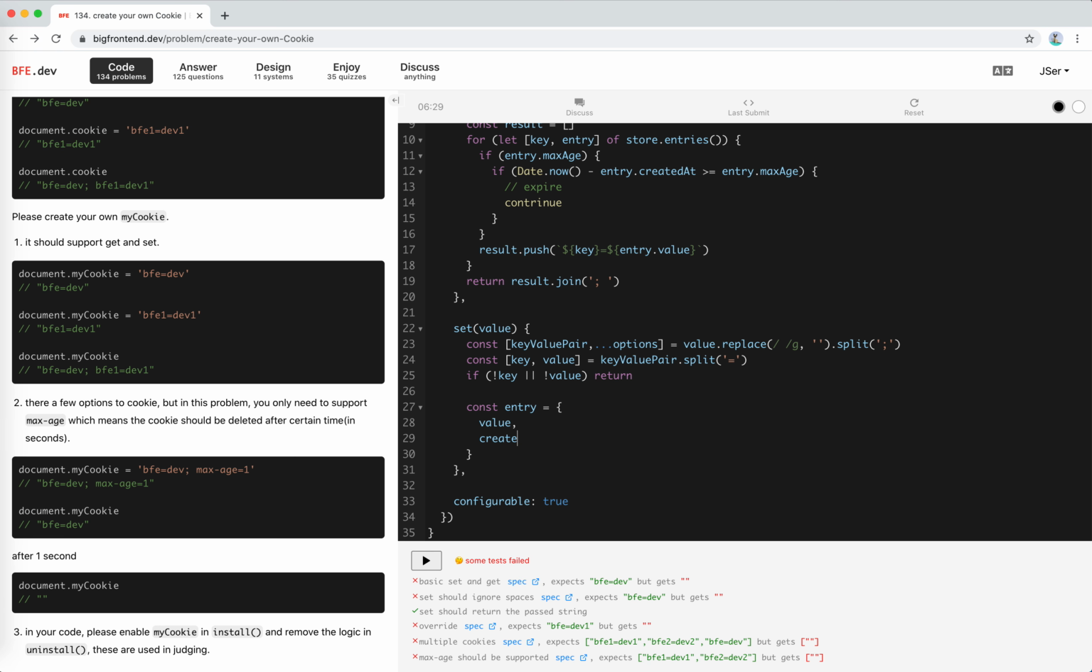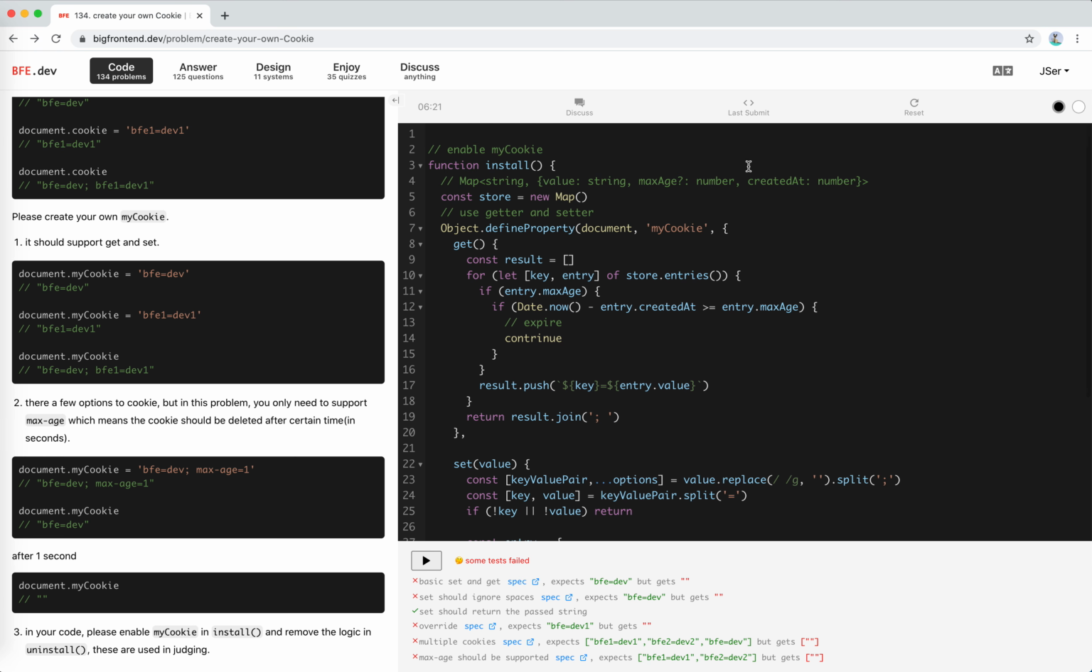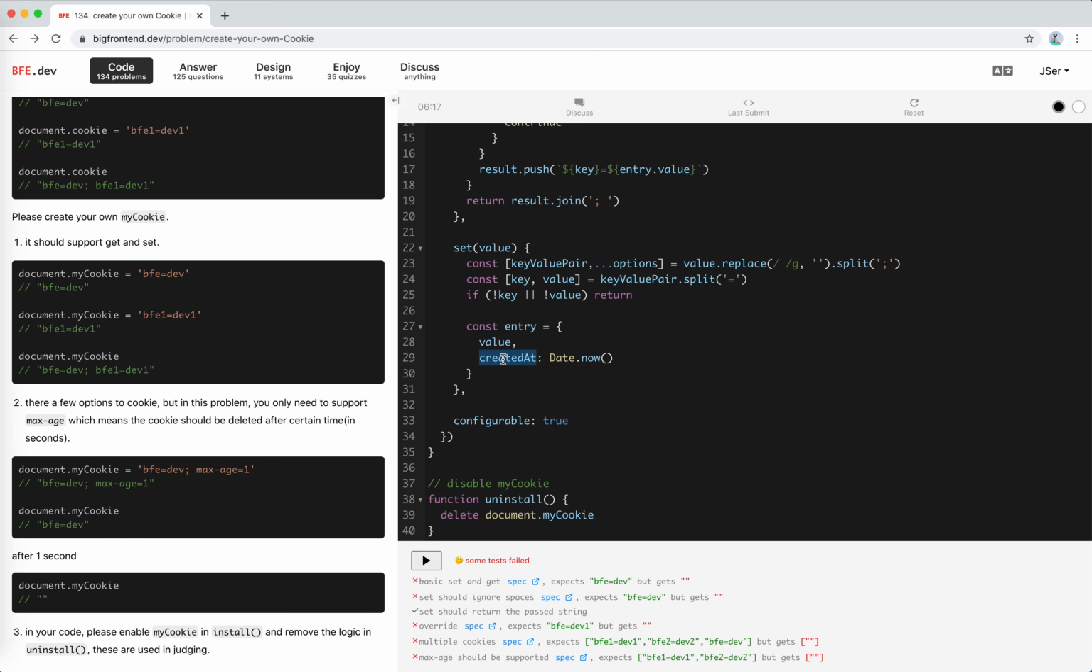Now createdAt equals createdAt. Okay, createdAt, right? Now we check if there is max age in these options. So for each option,